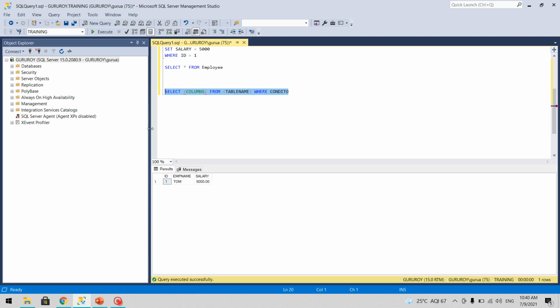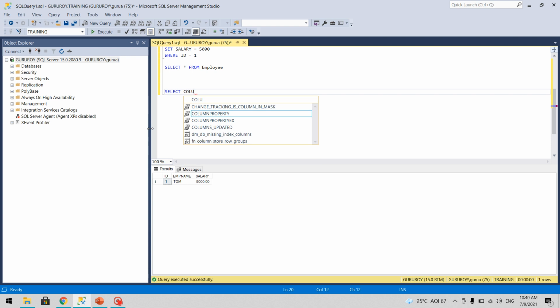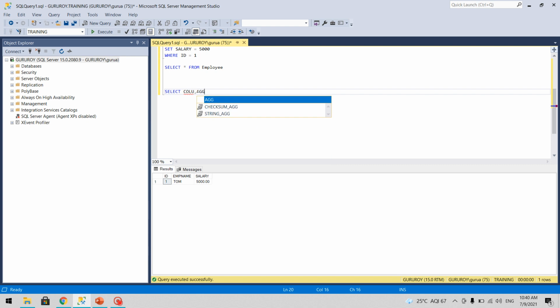If you are doing group by, then you write select with the column names on which you are trying to group the table, and in case you are using any aggregate functions, you specify that, and then you use your table name in the from clause.